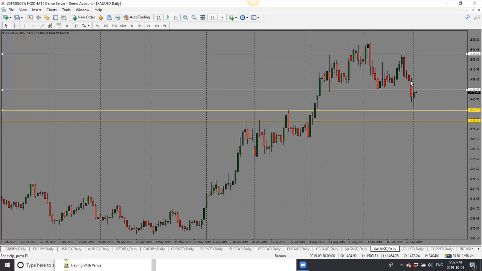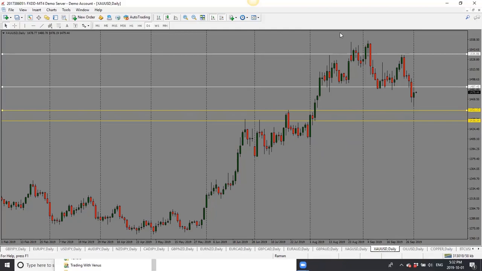Gold here, gold is interesting. It dropped and then pulled back. Right now, this one is looking neutral. What I would look for is how price reacts at this 1487 level. If we see that price stays below the support resistance that's at 1487, I would look for a drop. Now, should price go through, then this becomes bullish, and I'm looking for price to go further up, in that case towards 1514 level. For now, though, I am neutral on gold,